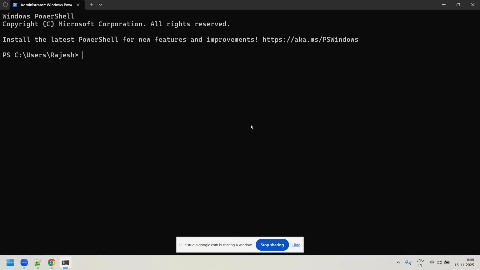Apart from Chocolatey, is there any other command? Can I go with the winget? Okay.